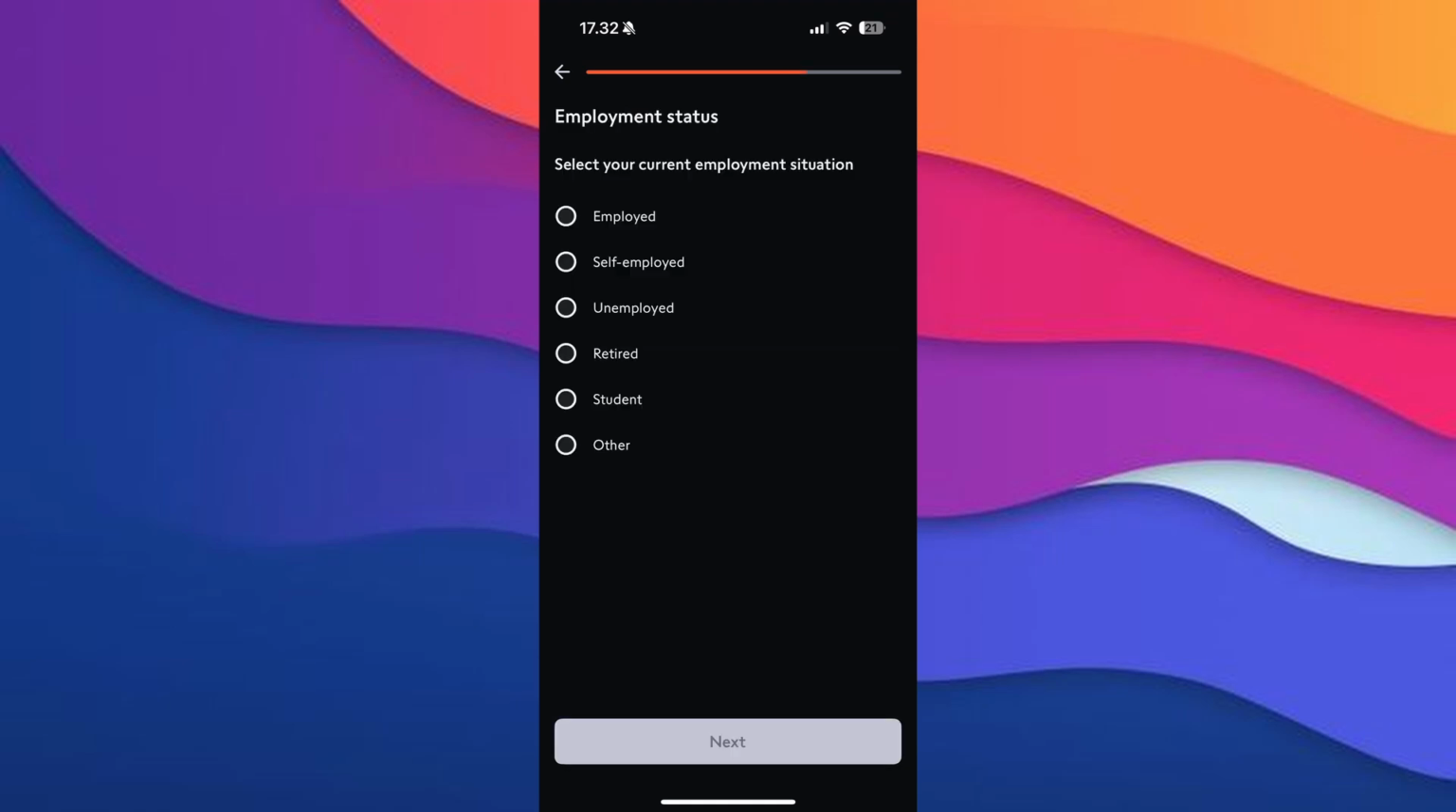Then from here you need to add in your employment status, and here you need to select the current employment situation, either employed, self-employed, unemployed, retired, student, or other. Then from here you just need to click next. Then from here you need to add your public function. Do you exercise an all-important public function? You can read about that, what that is, but if you already know, you can choose either no or yes